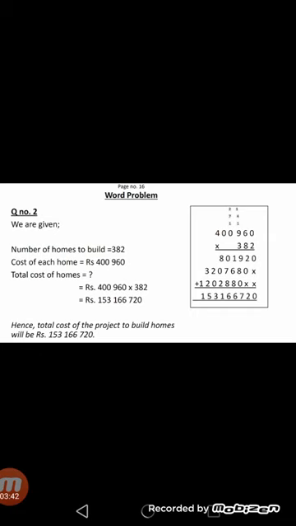We start the multiplication with 2. 2 zeros are 0, 2 6s are 12, we will write 2, 1 will be carry. 2 9s are 18, plus 1, 19, we will write 9, 1 will be carry. 2 zeros are 0, plus 1 will be 1, 2 zeros are 0, 2 4s are 8.